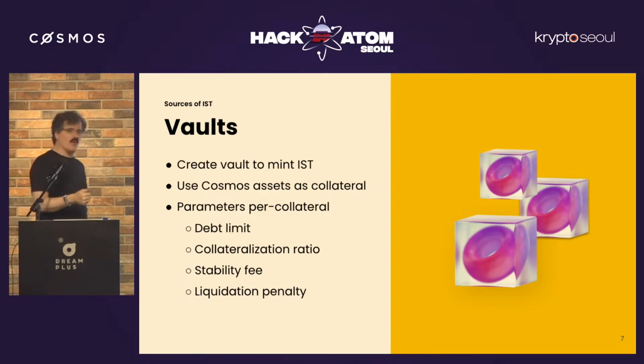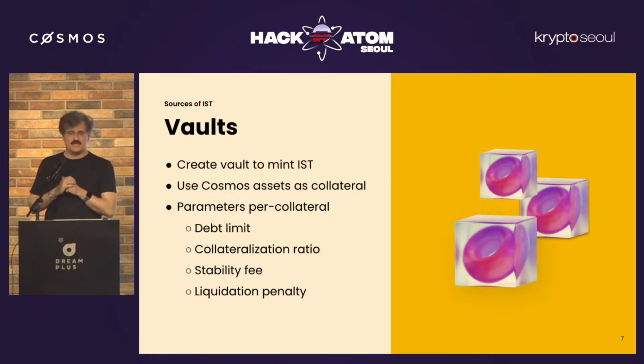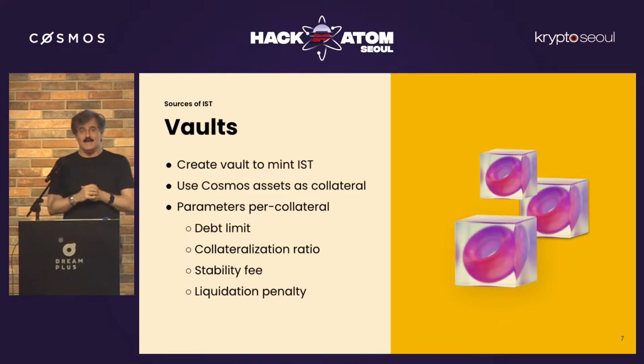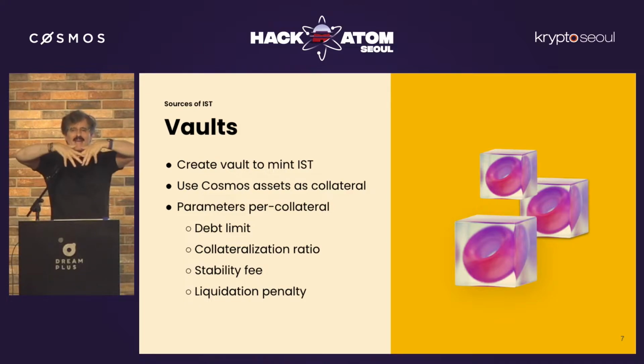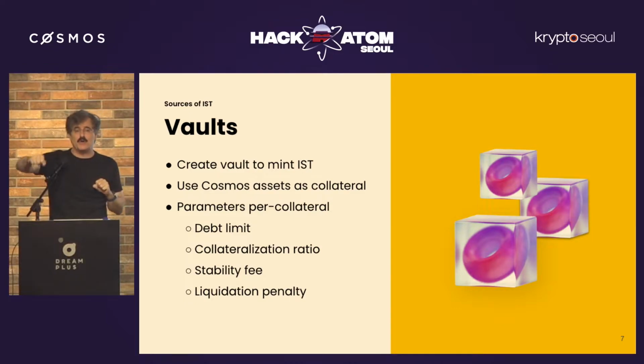Okay. So the key thing is because of IBC, we get to use Cosmos assets as collateral. So this is why it's called the stable token, IST. It's because it's not just a stable token for us. It's really a stable token to be able to be used across a wide variety of chains that are all connected with IBC. So some of the key elements is for each of these collateral types, whether it's ATOM, which has got a long history and a good view of how volatile it is, or something that's much more recent like Juno, or some new zone that isn't out yet,